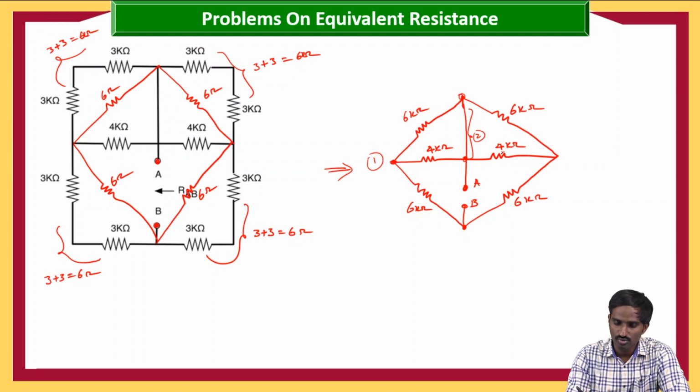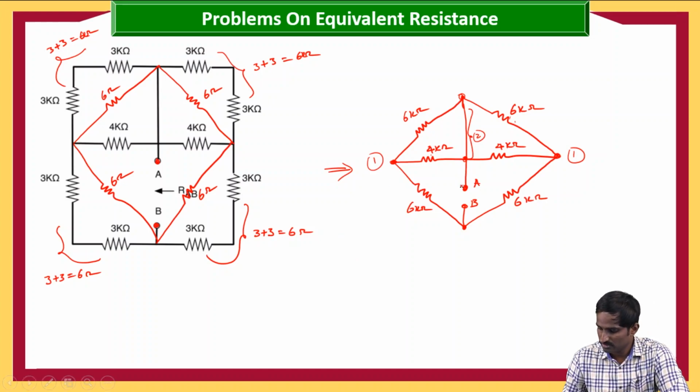Similarly, here 6 ohms and 4 ohms are also in parallel, because this is one common node, and this is the second common node. So now you can replace these two and these two. These two combinations are in parallel, and these all combinations are in series. Then this circuit will become, of course, let us find 6 into 4 divided by 6 plus 4